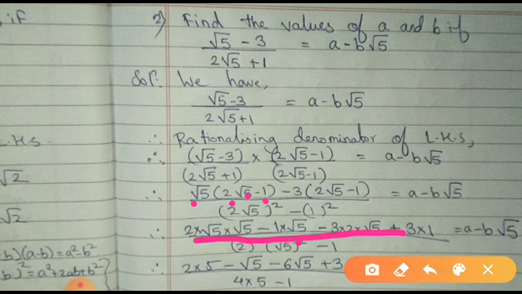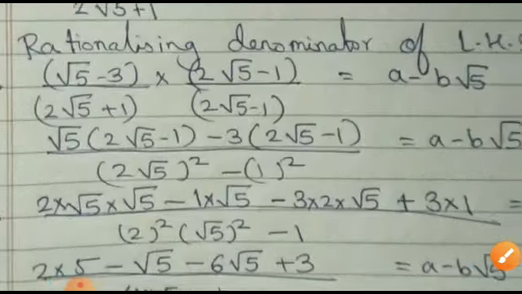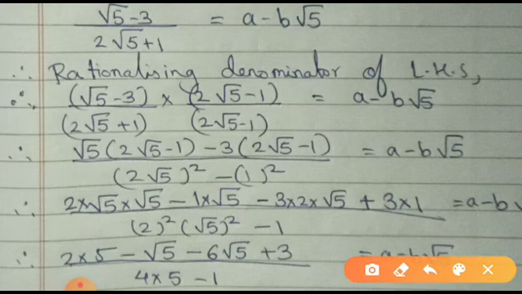Okay, that is clear. Now here, in this case, I have minus 3 into. So that minus sign I have to multiply inside. When minus is multiplied inside, the sign of your inside terms changes. So minus 3 into plus 2 root 5 becomes minus 3 into 2 root 5, plus, because it is minus into minus becomes plus, 3 into 1.